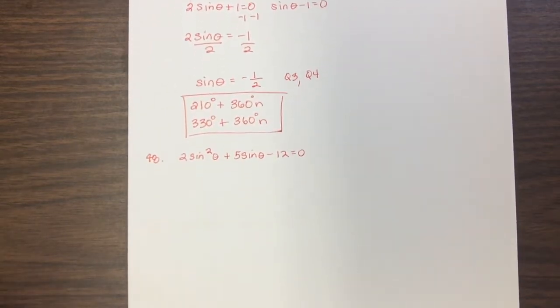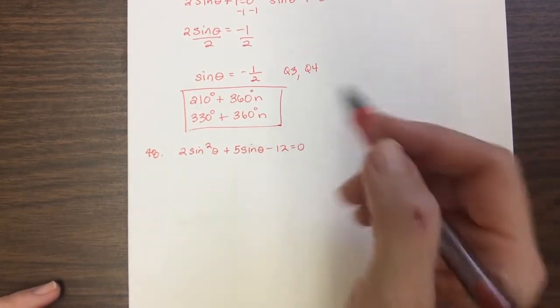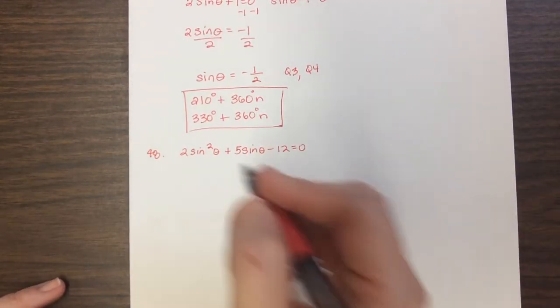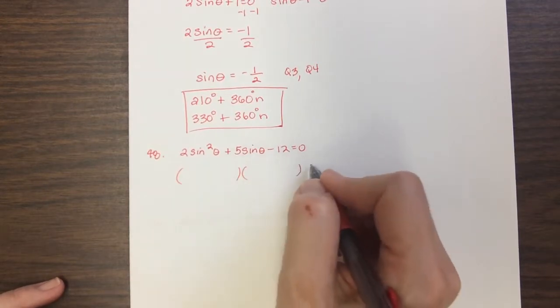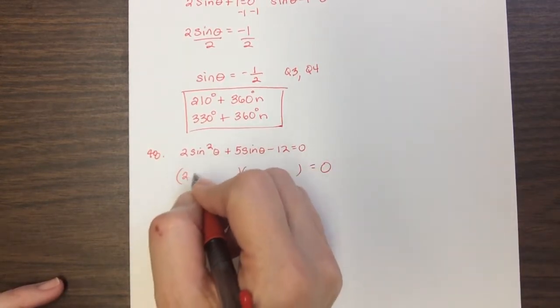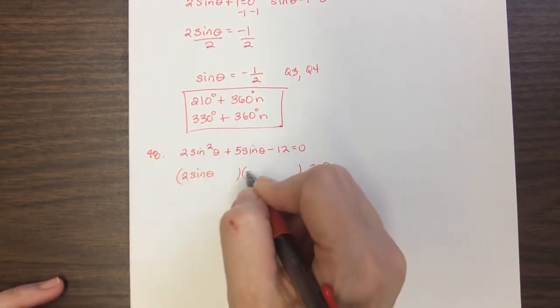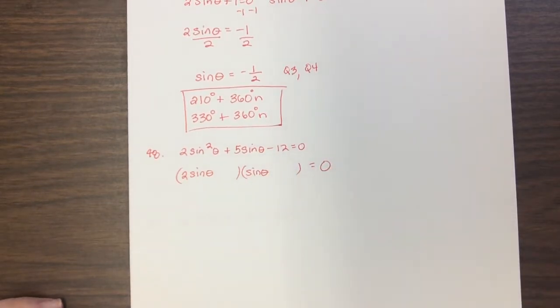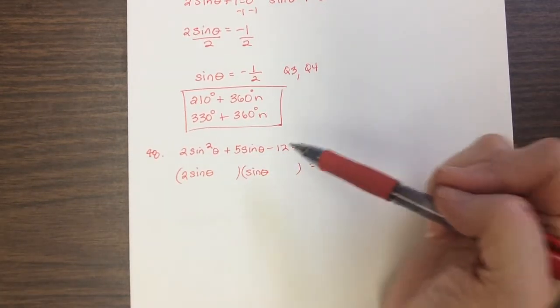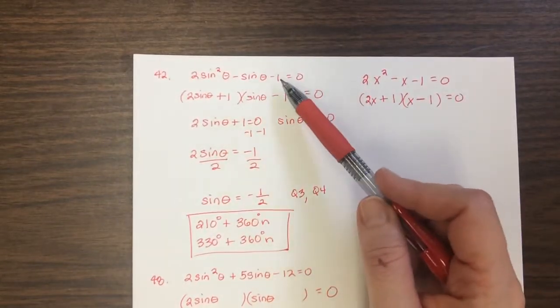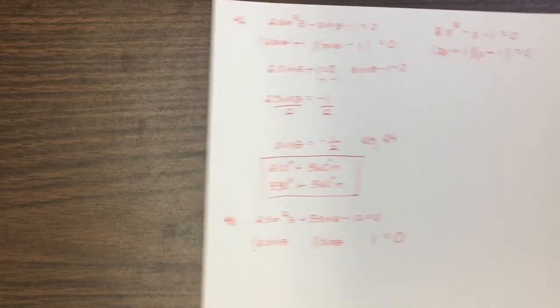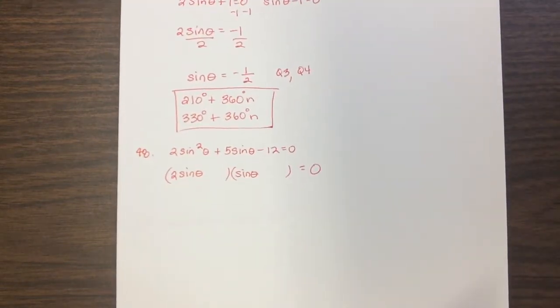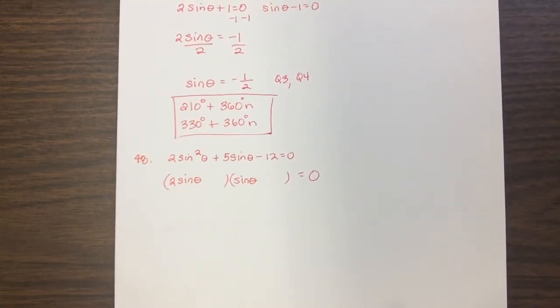Going on to 48, I'm doing the same thing. If you need to write it in terms of x to factor it, go for it. So I've got to break this down. Now I'm looking for two numbers that multiply to give me 12, and unlike the first one, this one was pretty easy because I had 1. I don't have any options for 1. 12 is a little bit more complicated because you've got all kinds of options for that. You've got 1 and 12, 2 and 6, 3 and 4, in any of those combinations. So you have to be careful there